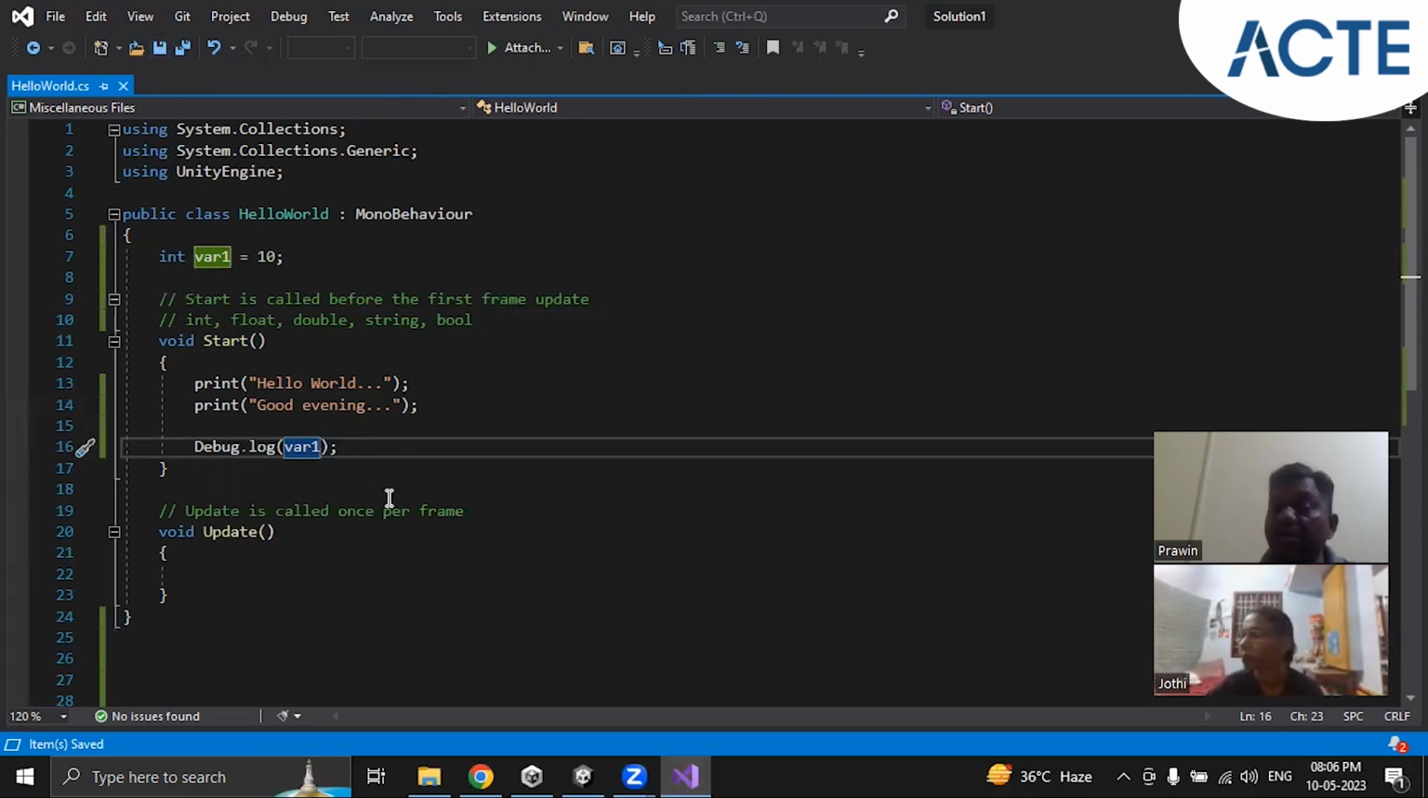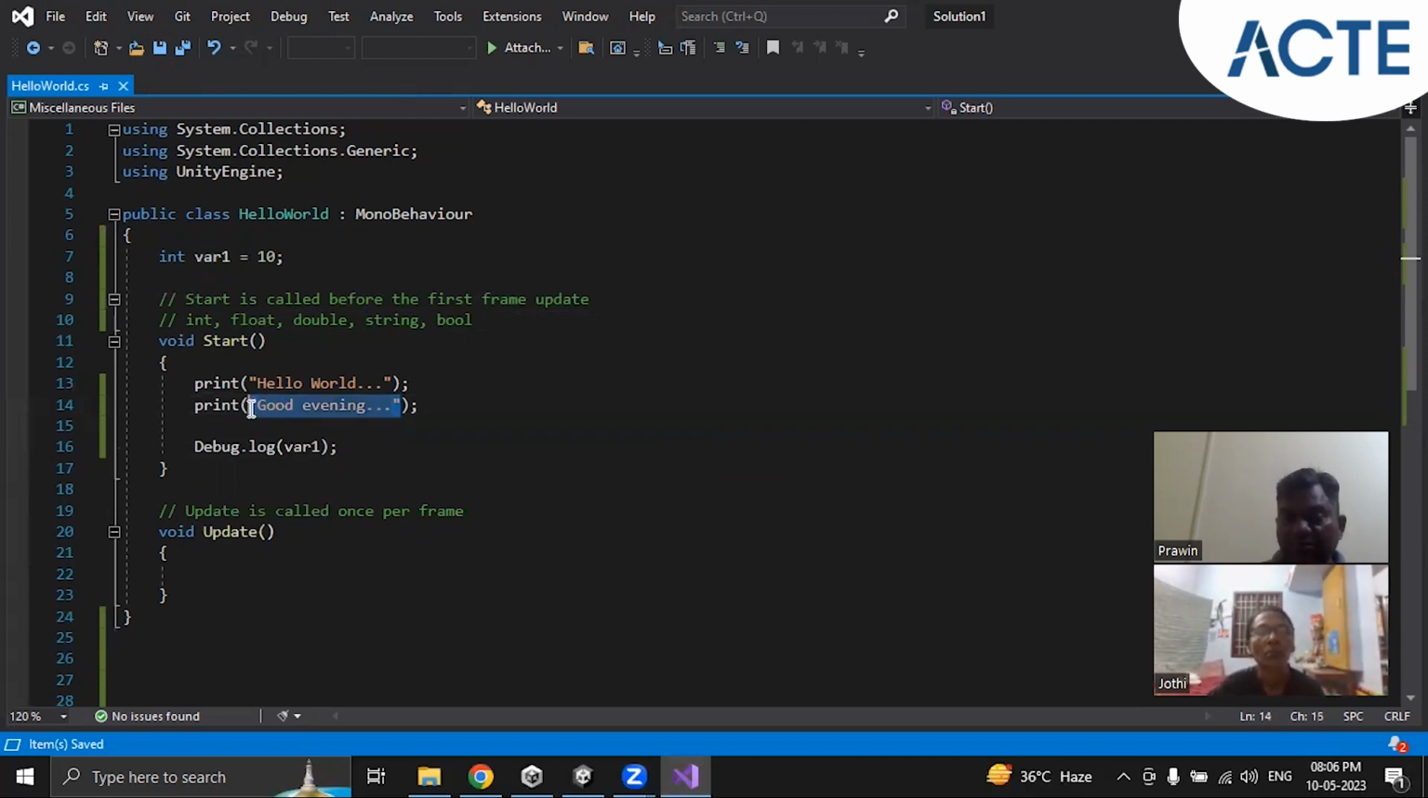So in the console window, if you play the game, var1 is a variable. It is not a text. Text is like here, where you have printed the text like here, there. But var1 is a variable, so its value will be printed. And its value is how much? 10. So if you play this,